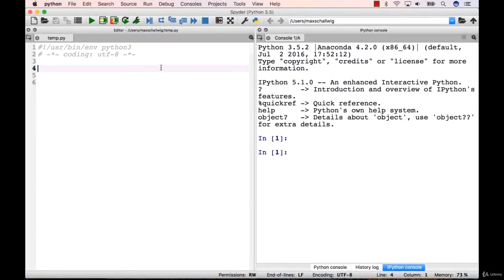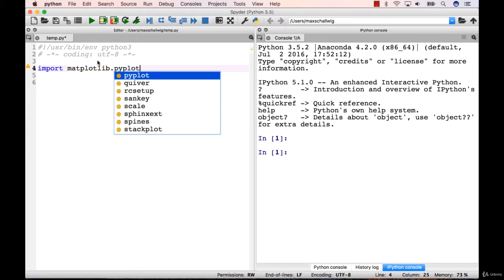Okay, so let's get started with making our first plot with Matplotlib. The first thing that we're going to need to do to be able to use Matplotlib is we're going to need to import it. So in our Python environment, we're going to type in import matplotlib. So this allows us to import the Matplotlib package. And specifically, right now we want to use the pyplot section of Matplotlib. So we want to import